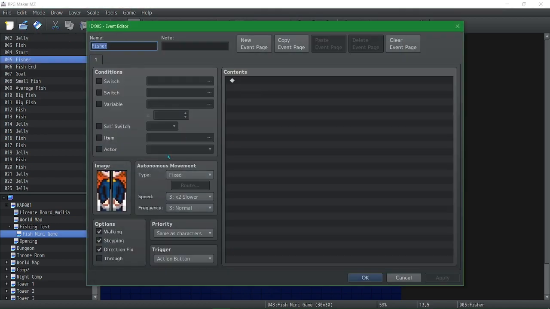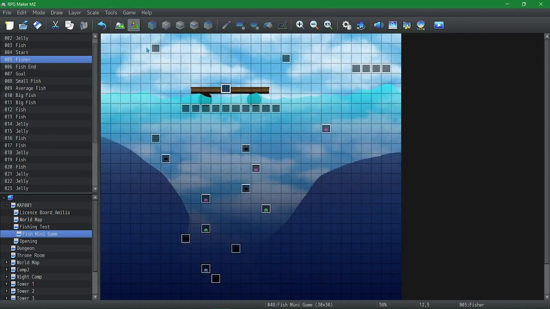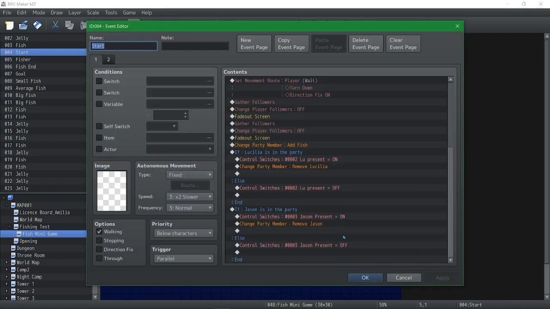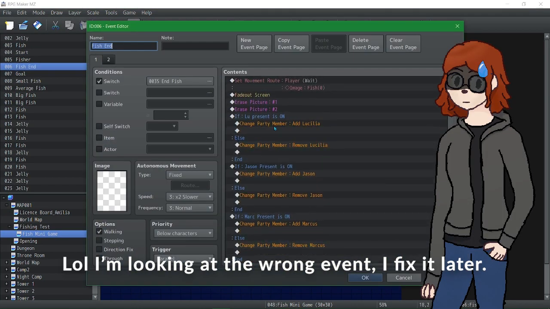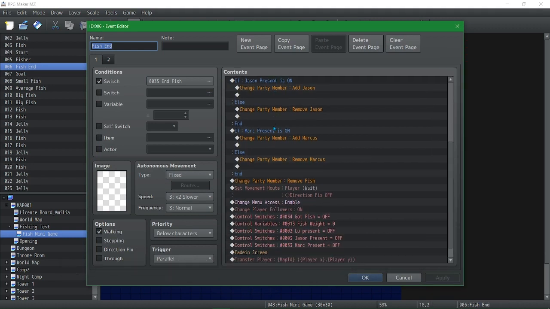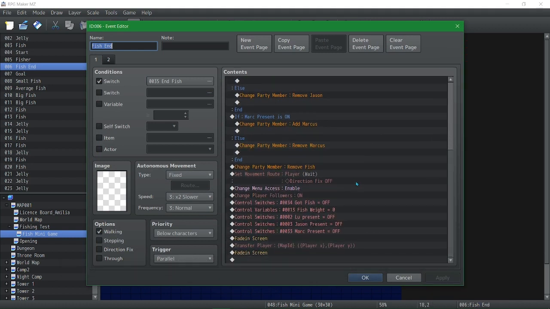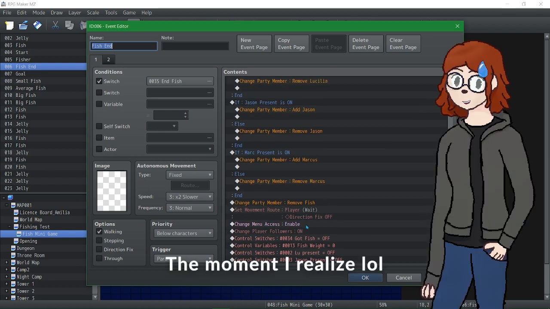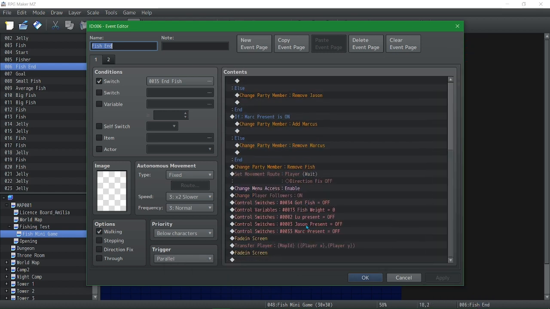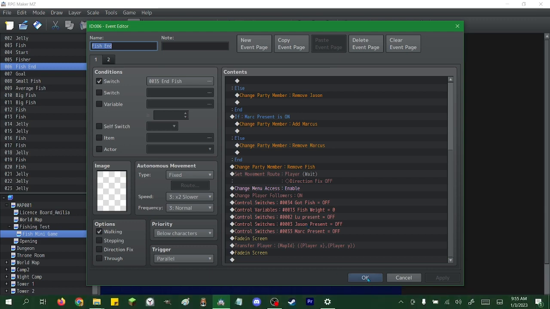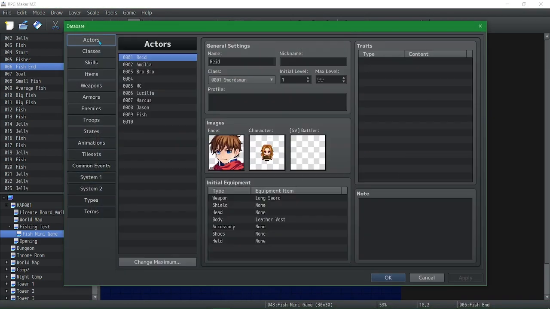The character up here, I have set the fisher. I'll get into that later. Alright, this reads who is present in the party and removes them. Then turns on a switch that says this player was in the party, but I'm going to remove them and add the fishing bobber, which I'm not explaining very well.